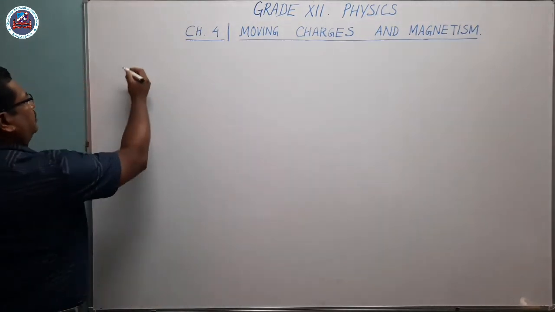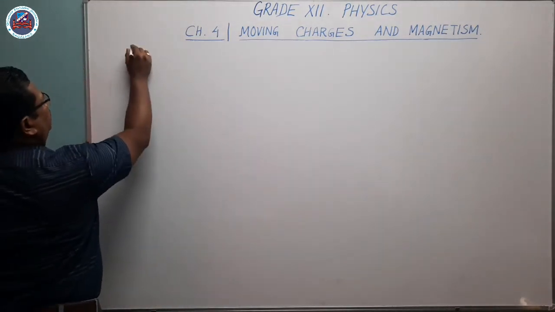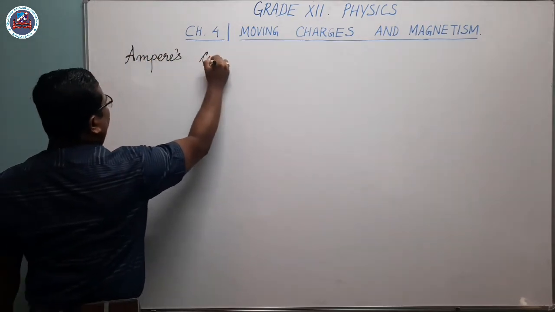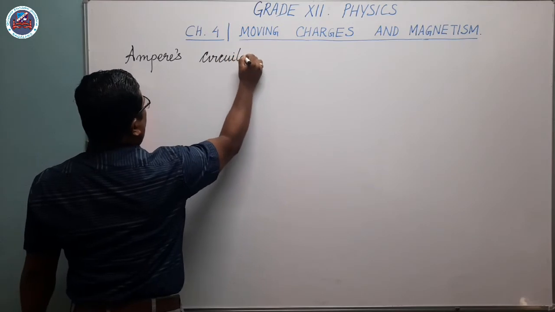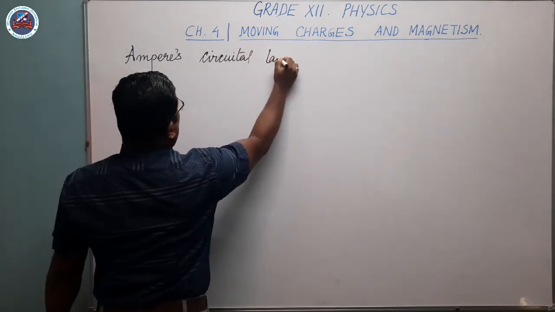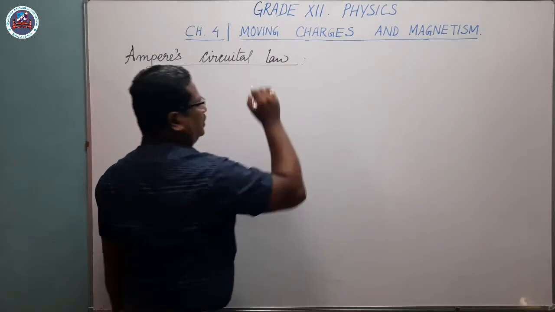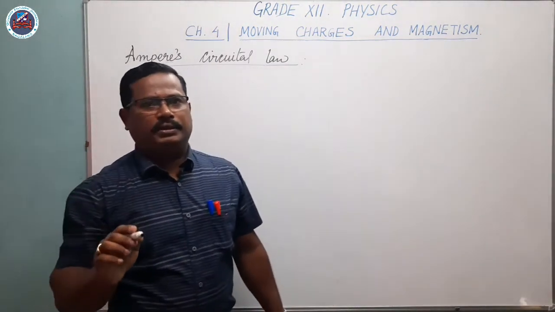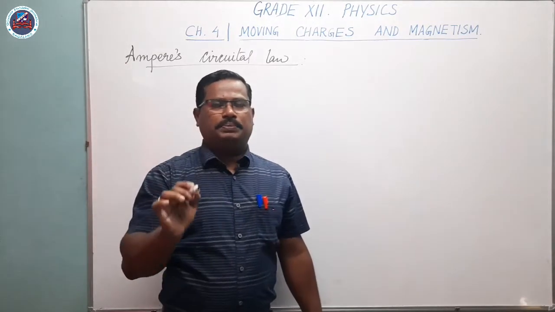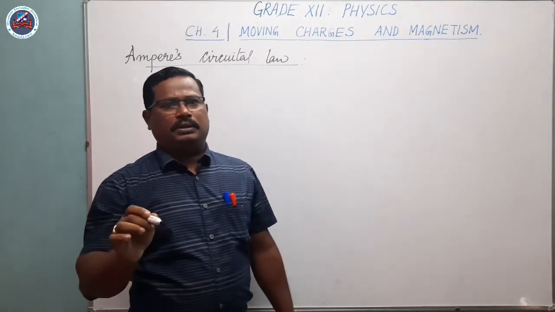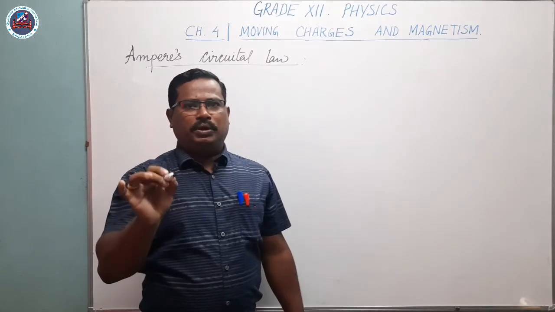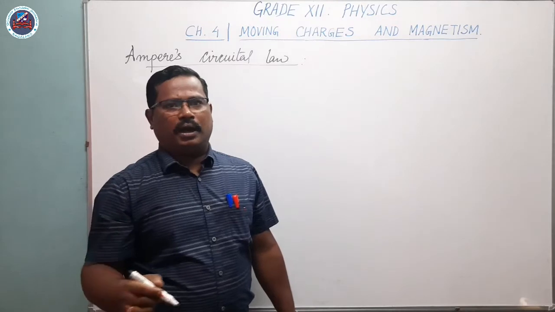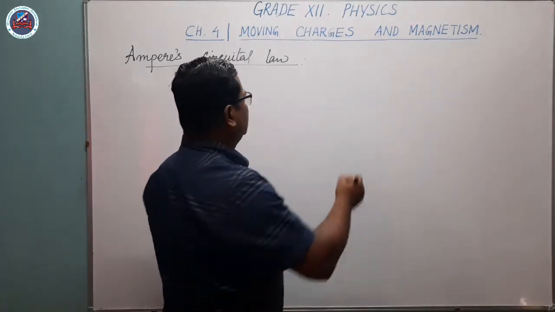Today, the first topic will be Ampere's Circuital Law. It states that the line integral of the magnetic field around any closed path in vacuum is equal to mu naught times the current enclosed by the curve. I'll write it down here. It states that